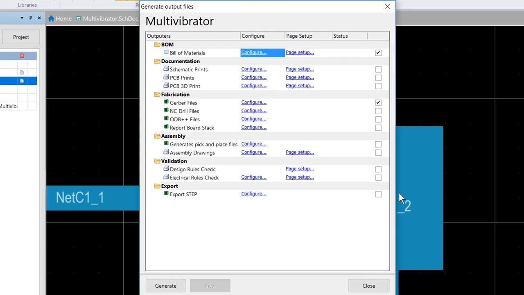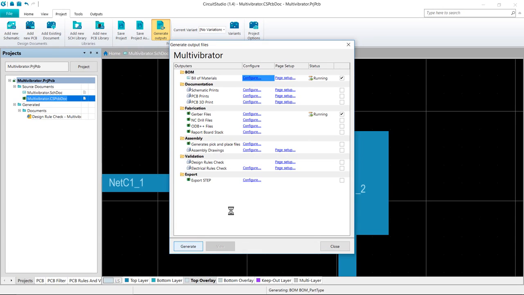Now that our Gerbers and bill of materials have been configured, we want to make sure that these two outputs are enabled on the Generate Output Files dialog, and then we press the Generate button. The status column will let you know the current status of the generation and will show as passed when it completes. And we can now locate the output files in the project directory. And we can also see that they are being added over here in the generated folder for our project as